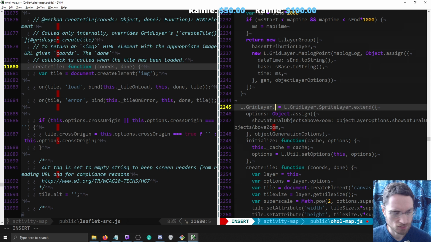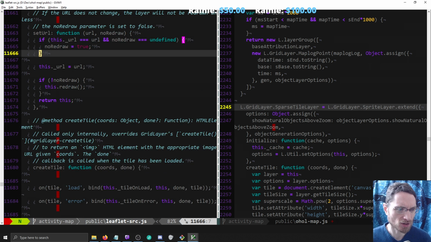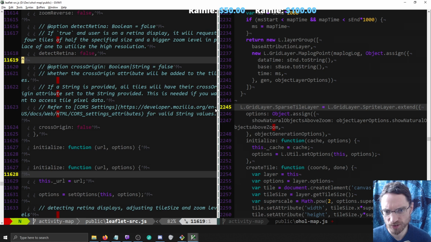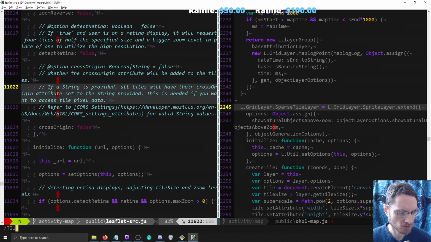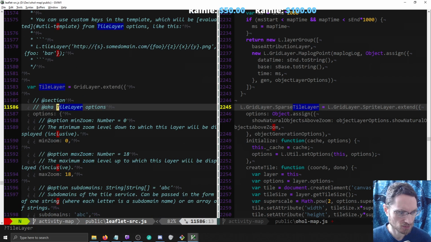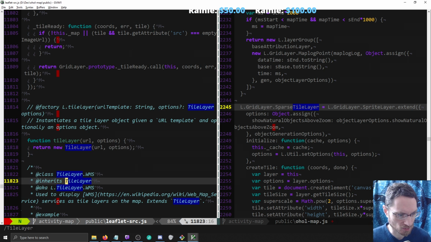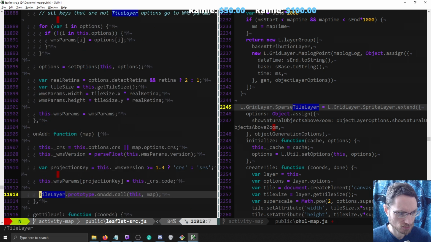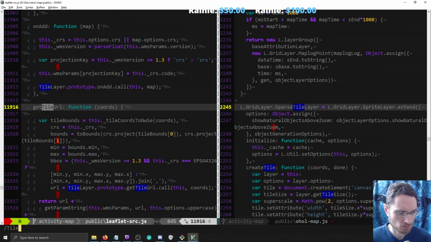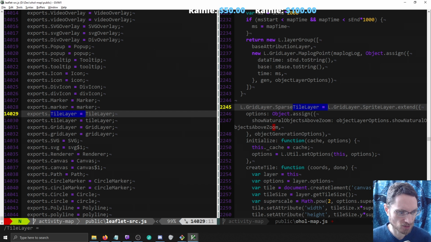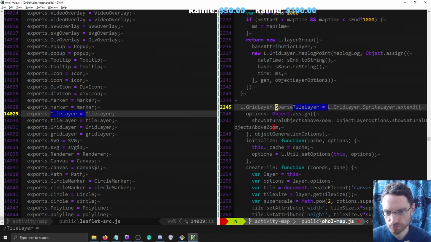Grid layer, sparse tile layer. Is it a grid layer, tile layer, or just a tile layer? Or I guess maybe this would be even, well, tile layer, grid layer dot extend. Where do you namespace it though? Exports.tile layer, exports.grid layer. So